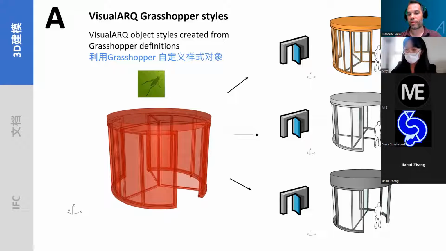On the other hand, we can create these objects through Grasshopper definitions, providing unlimited possibilities of design and keeping these objects parametric. OK，我们同时也可以利用 Grasshopper 来自定义样式对象，因为在使用 Rhino 比较高阶的阶段，Grasshopper 是一个比较参数化的工具。我们也可以使用 VisualARQ 结合 Grasshopper 来自定义样式对象，这个比较偏参数化，但是非常实用。